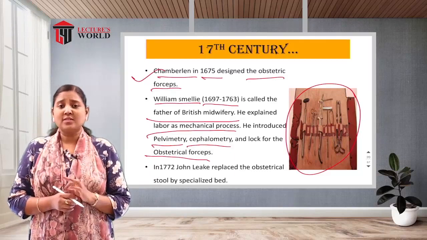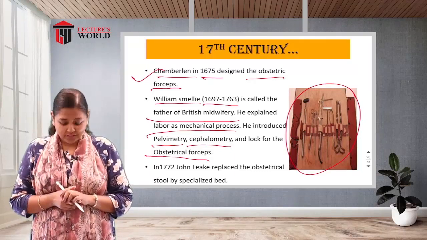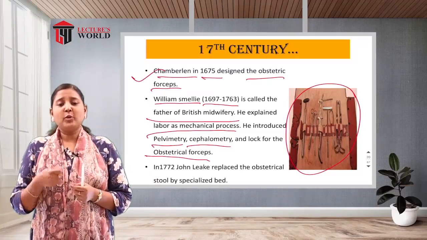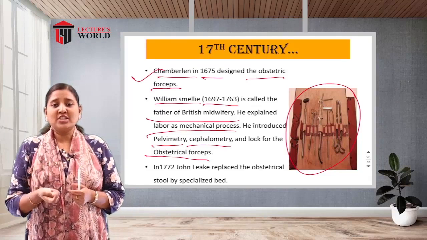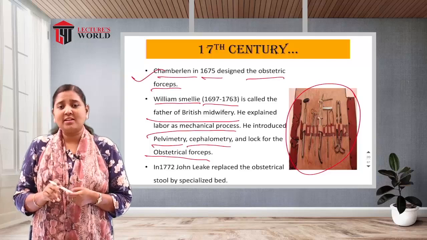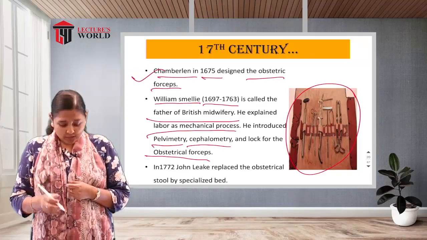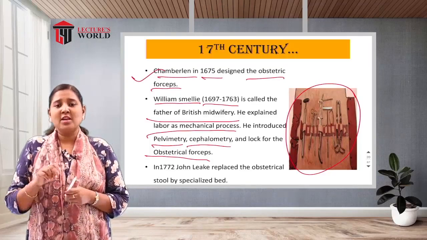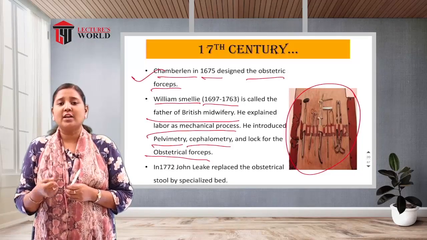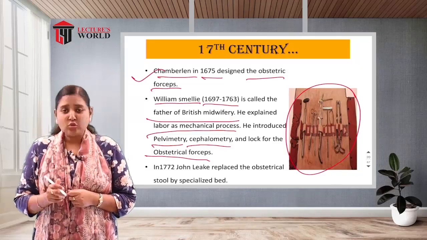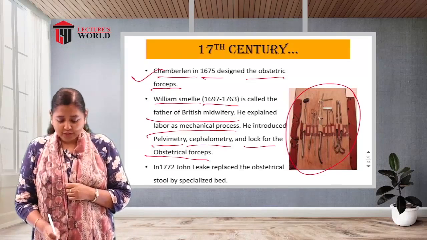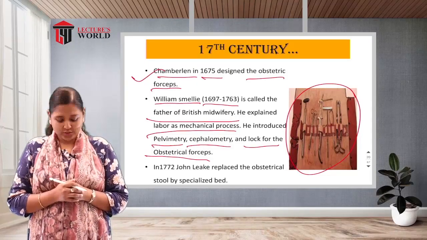Obstetrical forceps was first designed by Chamberlen in the year 1675, and it had no lock. So when you put pressure or traction on it, there would be uneven traction, which could damage the head of the baby. So William Smellie thought that there must be a lock, so that we can give only a limited amount of traction, not overboard, when applying it to the fetal head. So there will be fewer chances of fetal head damage. So he introduced the first lock system in the obstetrical forceps.